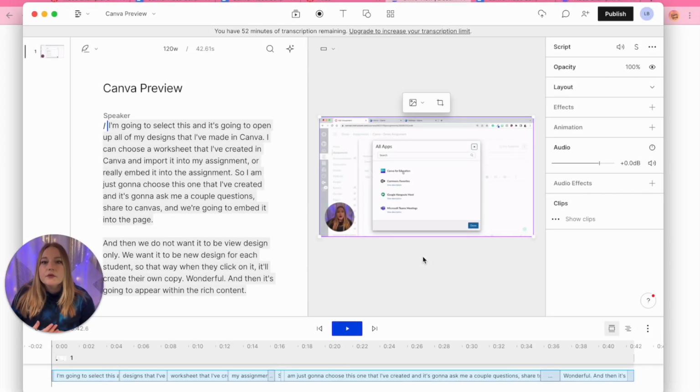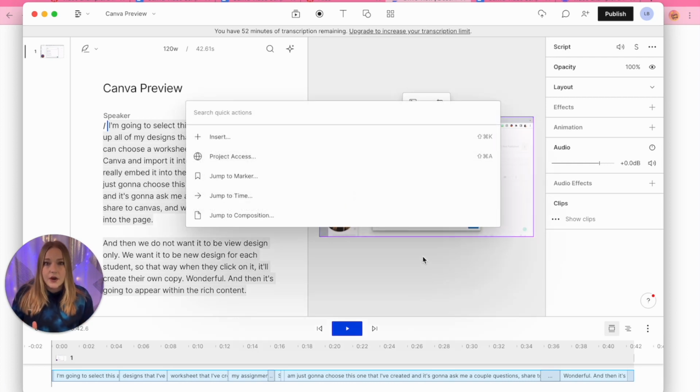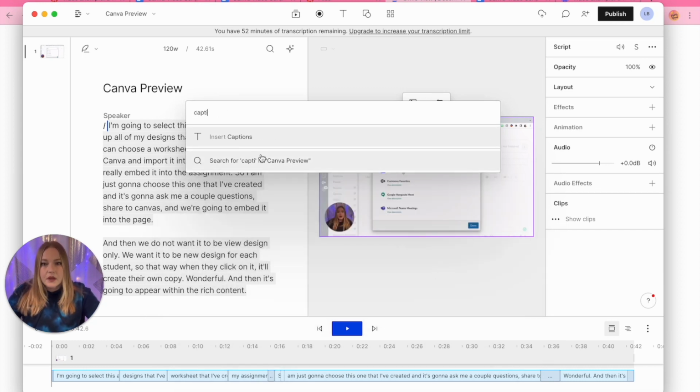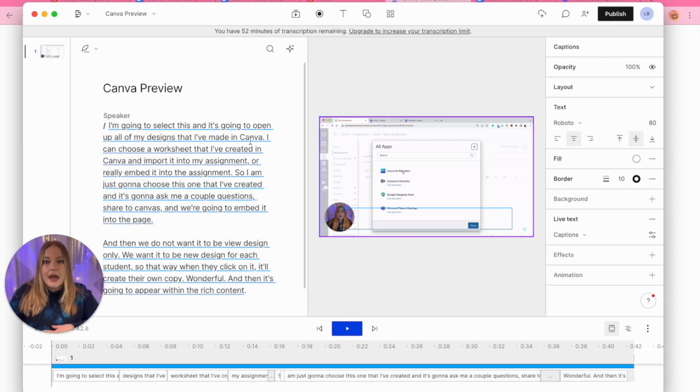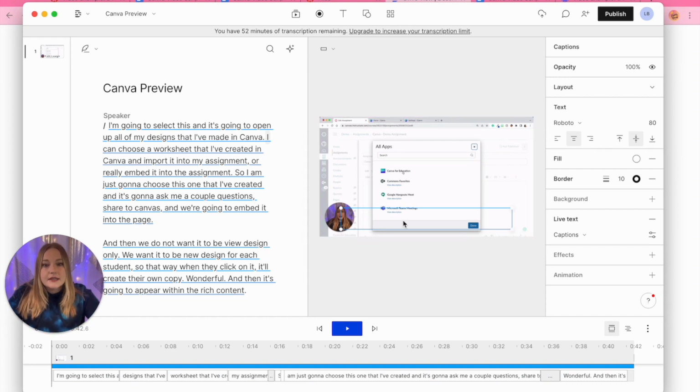Now let's say you don't want a video script. Let's say instead you want captions. What's great about this application is all I have to do to add captions is select Command K. This window or menu will pop up and we're going to type in captions. There we go. Click Insert Captions, and now there will be an overlay of captions that will appear,